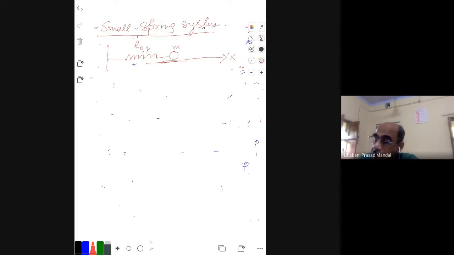You can write the kinetic energy. It is a one dimensional problem, so no holonomic constraint. There may be a non-holonomic constraint, but